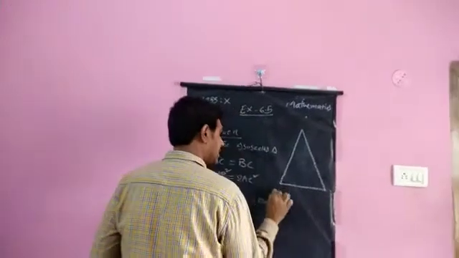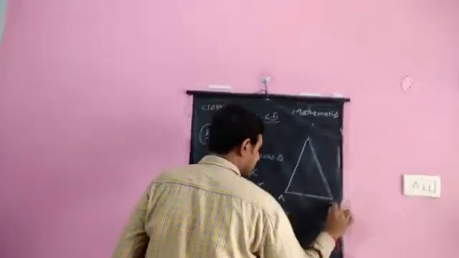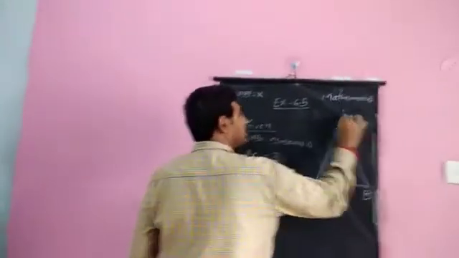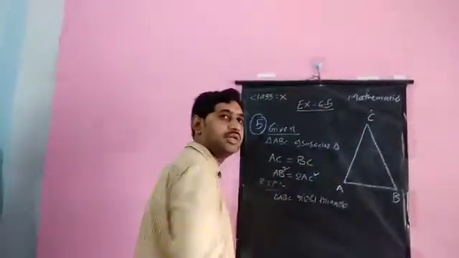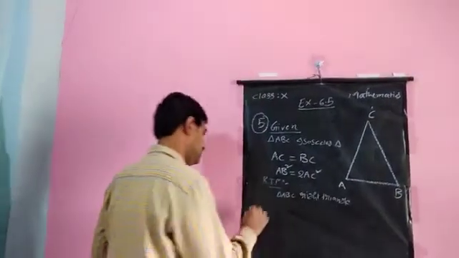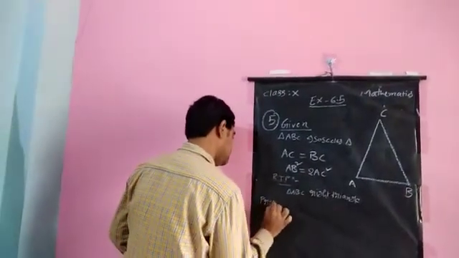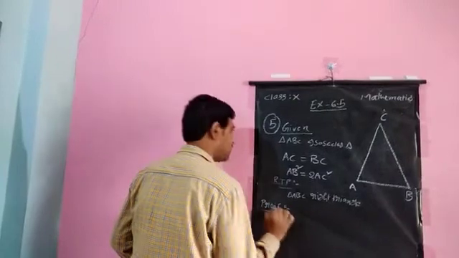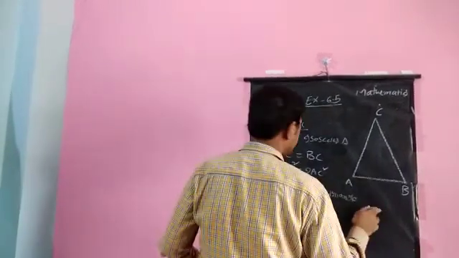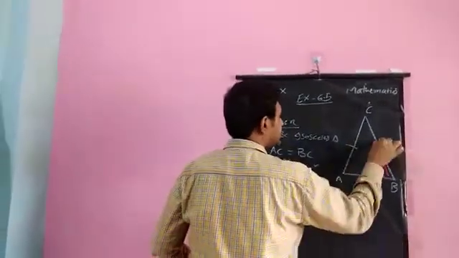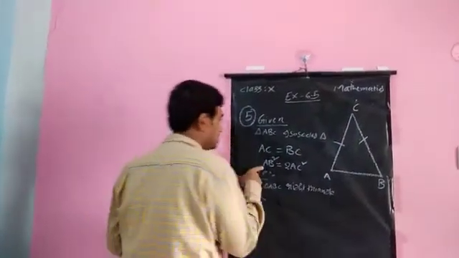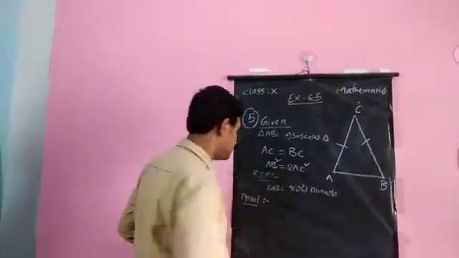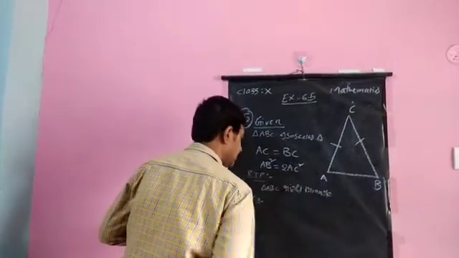First, I will take a triangle. I don't know which triangle it is. I have to prove this triangle as a right triangle according to the question. If I take a triangle ABC, I am not saying that it's a right triangle. My RTP is to prove that this triangle is a right triangle. Whatever is given, based on that, we'll move forward. In that we have AC equals BC. This side and this side are equal in this triangle, and we are also given that AB square equals 2AC square.